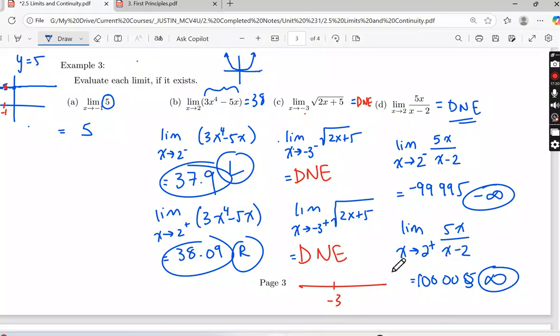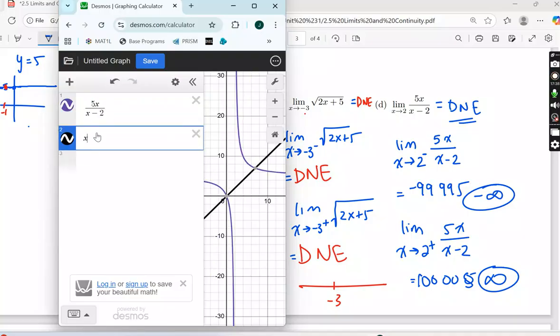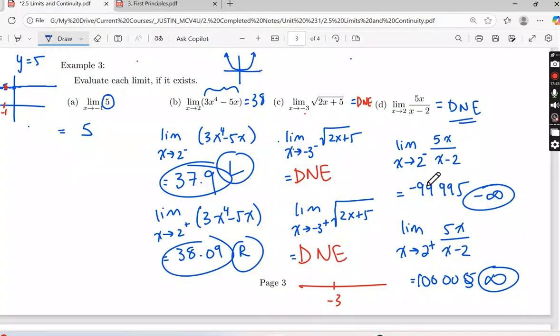Okay, and which makes sense because it looks like there's a vertical asymptote. So if I were to sketch this, there's indeed a vertical asymptote at x equals 2, and the limits you can see are not the same. One's approaching negative infinity, one's approaching infinity. Okay,